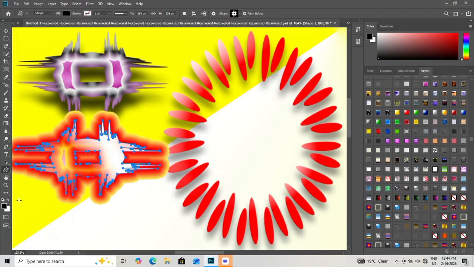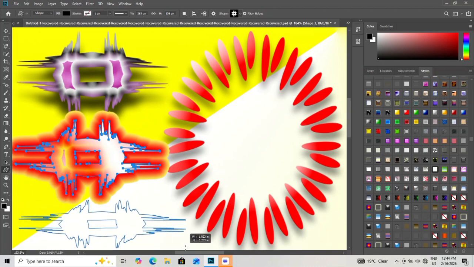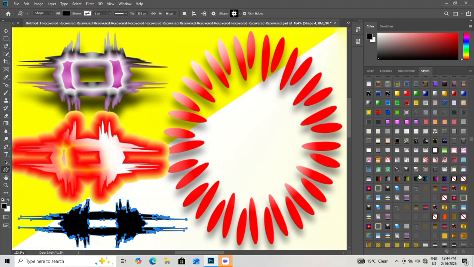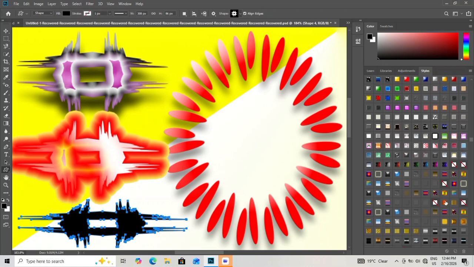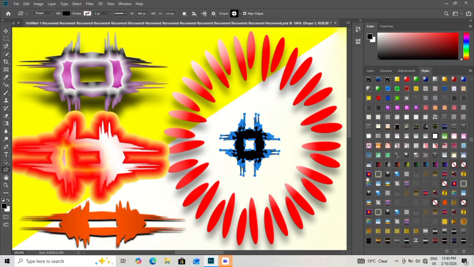Duplicate the shape multiple times and arrange copies evenly across the canvas using alignment controls so spacing looks intentional rather than random. Group all shapes